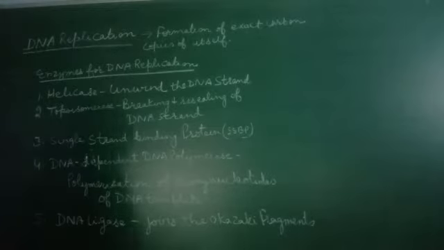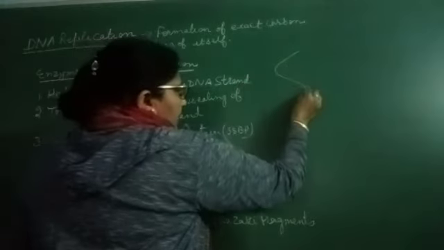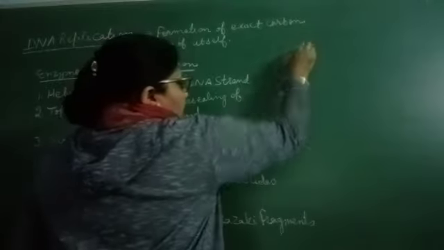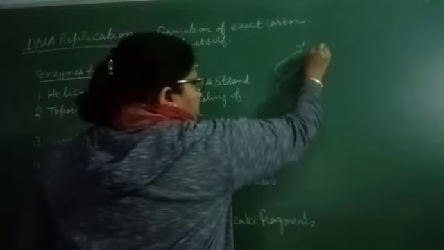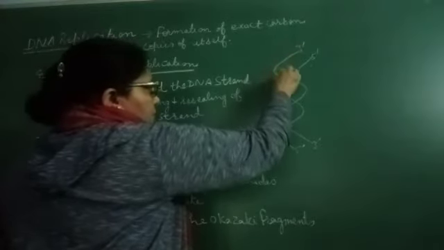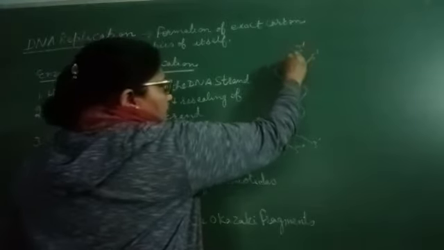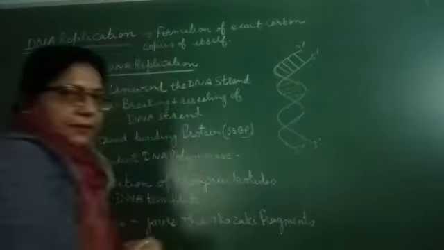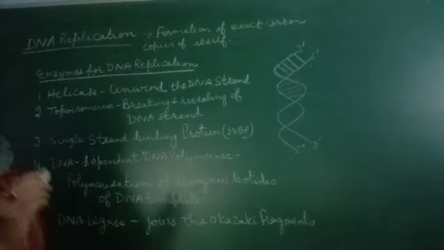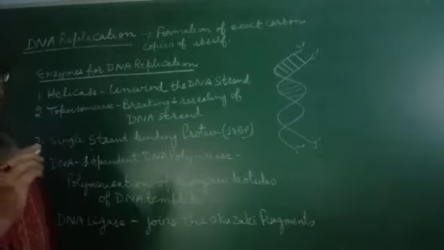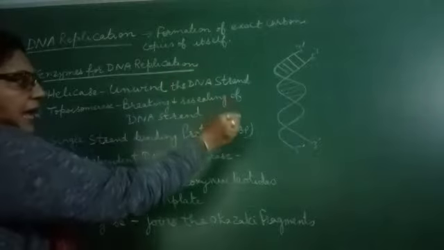As we know, the DNA is a double helical structure, anti-parallel to each other, with 3' to 5' and 5' to 3'. And the components of the DNA pair, that is phosphate and sugar as a backbone and nucleotides, are present in the form of a DNA. So DNA has phosphate, pentose sugar, and nucleotides, and they form the anti-parallel double helical structure.